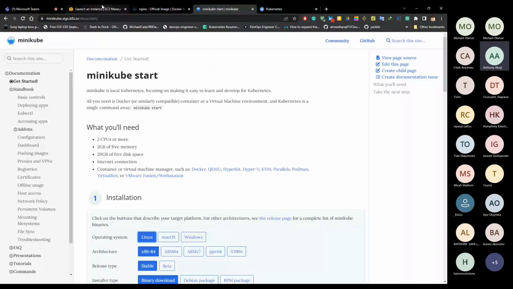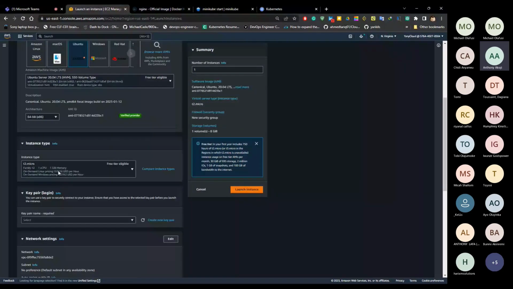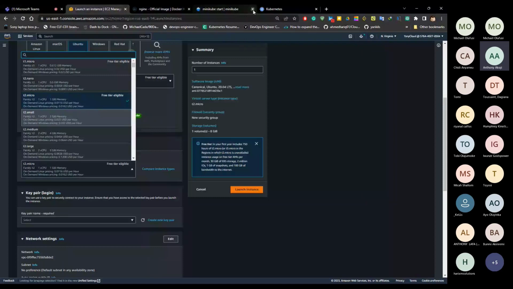Okay, so I can choose here 20.04. That is stable. And yeah, so now we get the instance type. So you see that on AWS, I have free tier for 1 vCPU, and this is not enough to actually spin up my Kubernetes cluster, because by the time I start it, it's going to give an error. So I need at least, from here, they said 2 CPUs or more. So we're going to be looking for an instance type that has two vCPU, which is our T2 medium here. So I'm going to be picking that